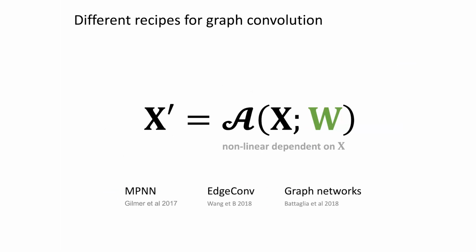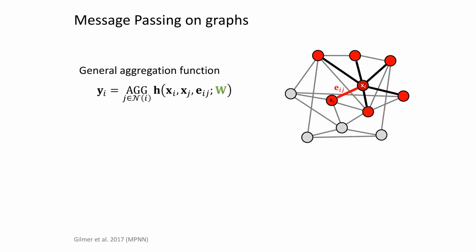And finally, the most general recipe for filtering on graphs is a completely nonlinear operation that depends on X. And this is the very broad family where architectures such as message passing neural networks, edge convolutions, or graph networks fall. Let me describe message passing on graphs, or the edge convolution, as we call it. Basically, here we have some functions that are computed using a pair of node features for nodes that are connected by an edge, possibly also the corresponding edge features, and they're aggregated using permutation invariant aggregation functions such as